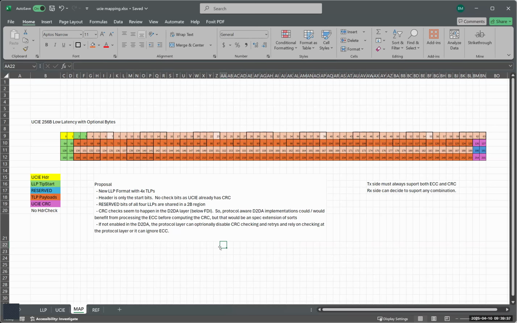Again, I don't think this is something that we would pursue. Well, I take that back. If this became very popular, it's something we might want to consider. But I don't expect this to be super popular right this second. So at most what I'm thinking of is a notation in terms of implementations that, if you are implementing a custom die-to-die adapter layer and are protocol aware, doing this gives you additional error resilience. That's what I was thinking of right now. If people actually wanted to formalize that, you would probably need an additional signal at the FDI layer to enable or disable